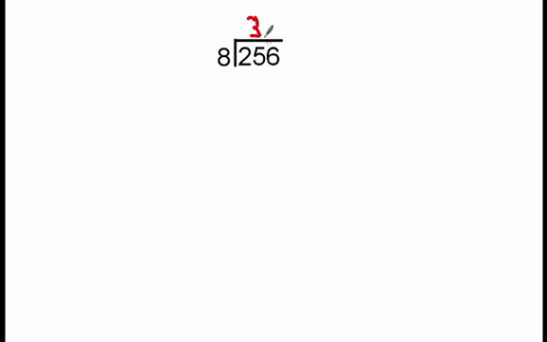Then we say 3 times 8 is 24. We want to subtract that from our 25. 25 minus 24 gives us 1. And then we bring down our last term. Now we want to see how many times 8 goes into 16. Well, 8 goes into 16 2 times. 2 times 8 is 16. We subtract it, and we get 0 as our remainder, so we know we're done. So our answer is